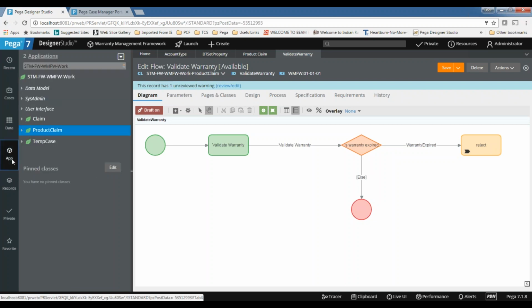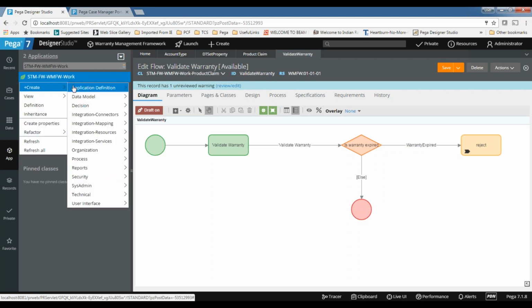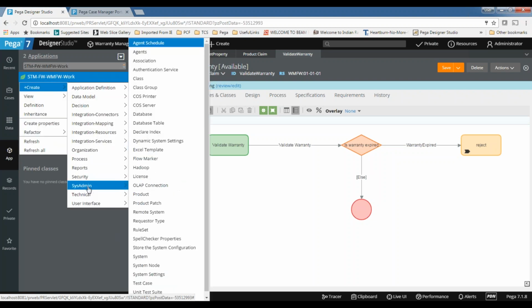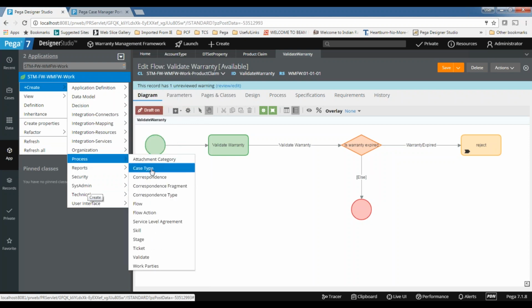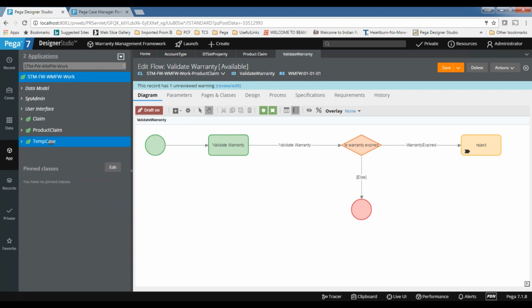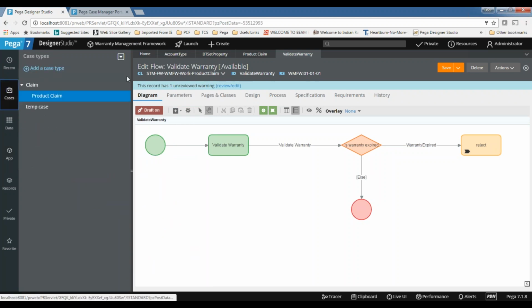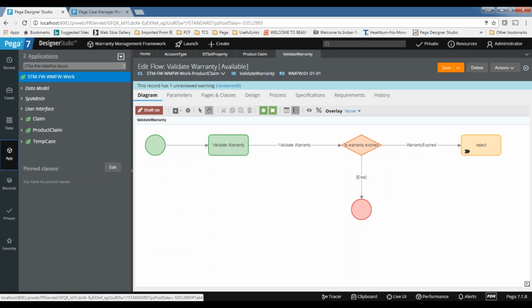From the App Explorer you can create the cases. Wherever you want to create the case, just go there, but you need to know where the case type is available. Let's say it is available in data process. So you can see the case type is available here. You need to know where it is and how to do that. But you can achieve the same thing here, just by adding, you have a separate link. So the management and maintenance will become very easy here. Other than that, App Explorer is just the complete structure of your application. You can do all the things whatever you can do in other explorers. Okay.